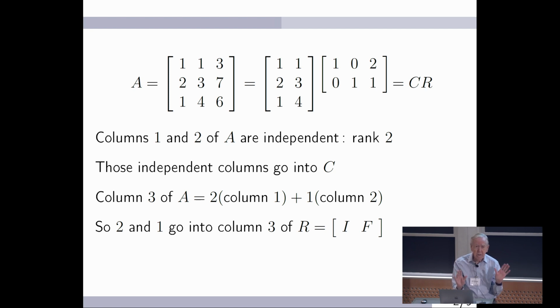So there couldn't be a simpler factorization. C is a full set of independent columns, a basis for the column space, we could say. And then R tells us how every column of A is a combination of the independent columns in C. So part of that is the identity, where we're just reproducing those independent columns. The other part is a combination. Okay. So is that all right for the start? That's the idea of C times R.